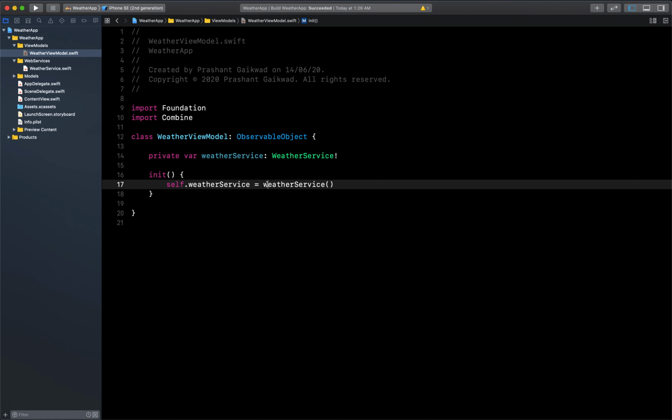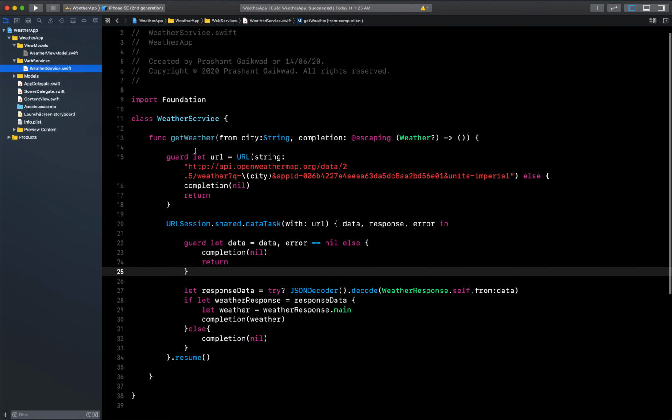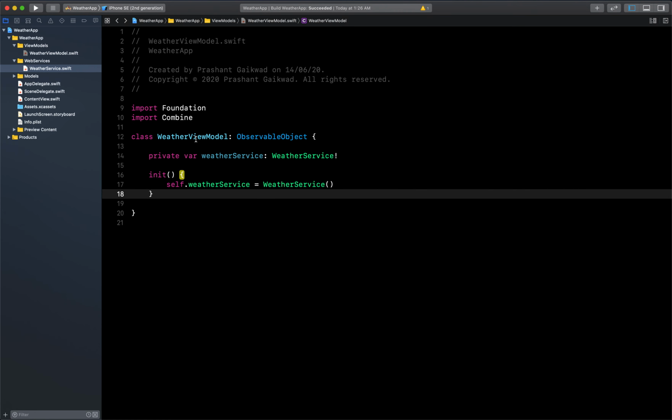Make sure it is the main class name, WeatherService. Okay, so now we have initialized our weather service variable which is responsible for calling the get method which is written here, get weather. So let's start with that.